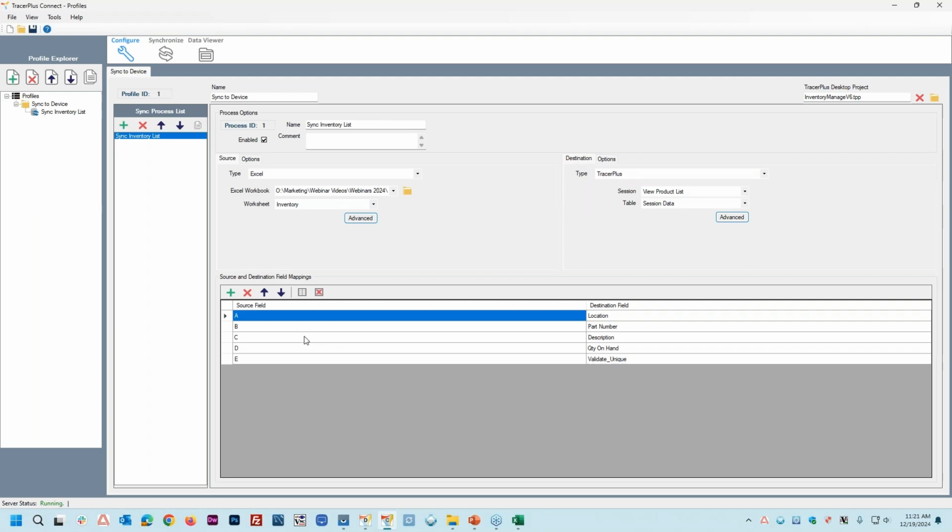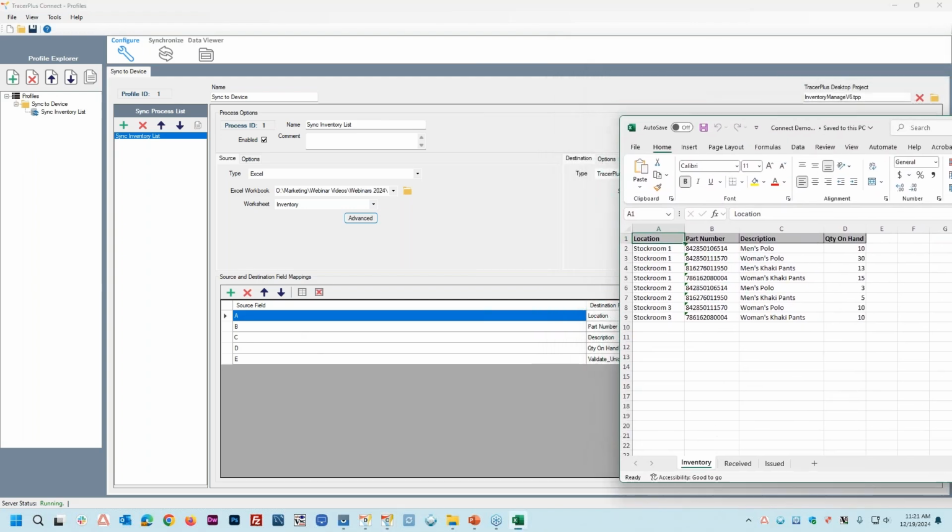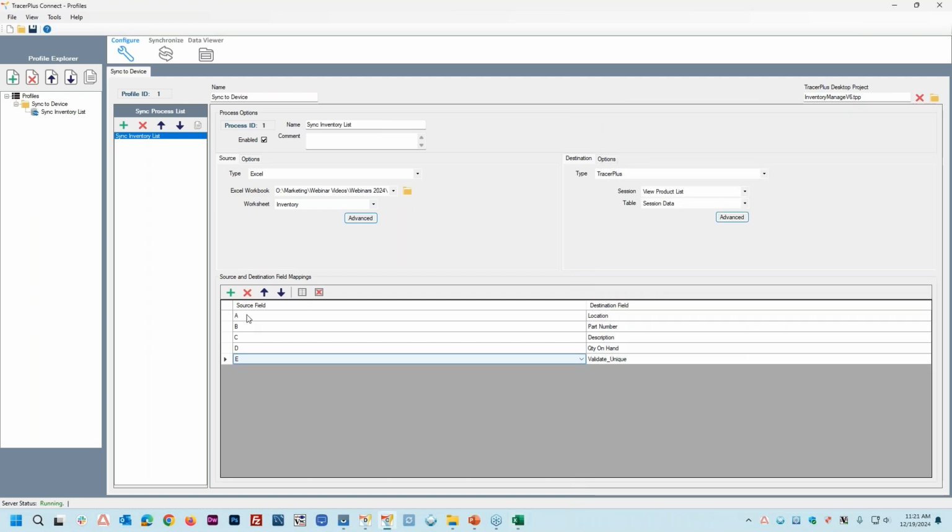So now you'll see at the bottom we have our mappings. If we slide this sheet over just to show you, since it's Excel, we don't actually see these column names, location, part number, description, quantity on hand, because they're just part of the cells themselves. So we actually map to the columns, A, B, C, D, etc. Column A is location, column B is part number, C is description, and D is the quantity on hand. We don't need E,